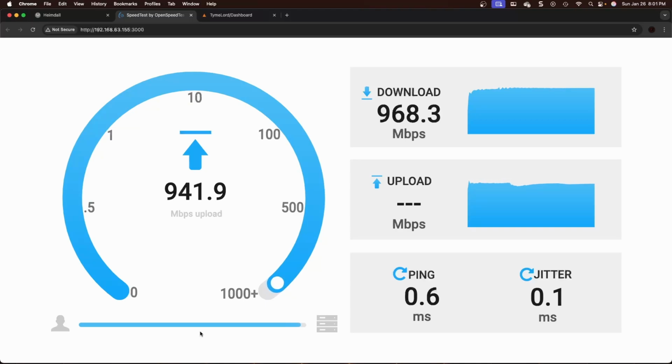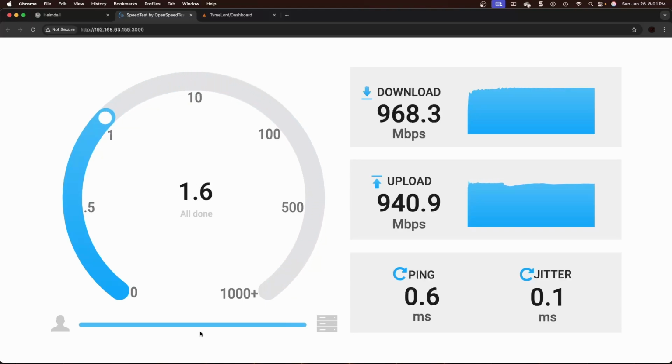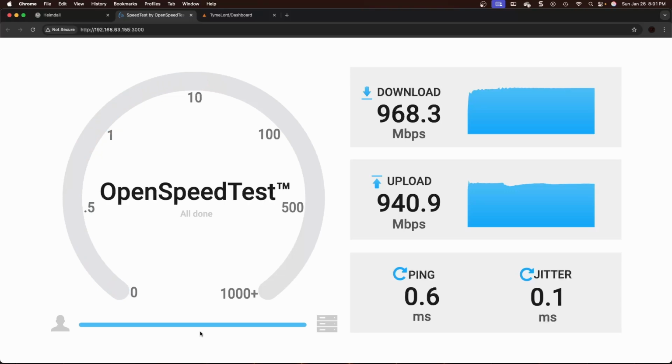But yeah, as you can see, it's 1 gigabit. So we're going to run these tests again. I'll screenshot this, and we're going to run these tests again when we're done, just to see the speed difference. Now I do want to show you one thing real quick, and I'm going to plug in a